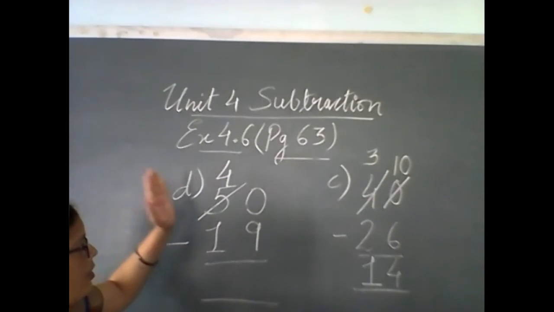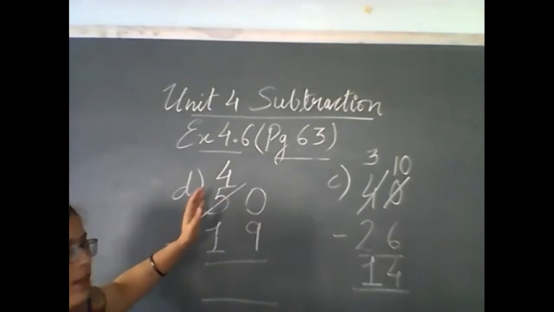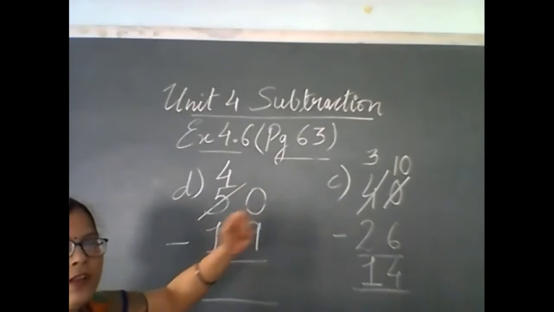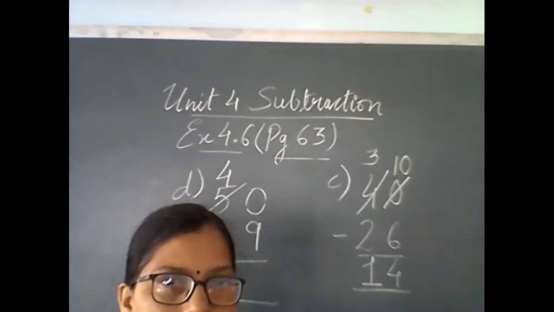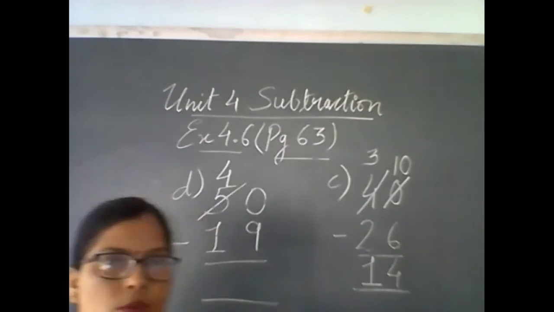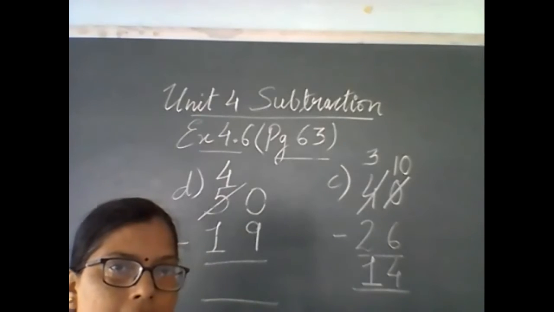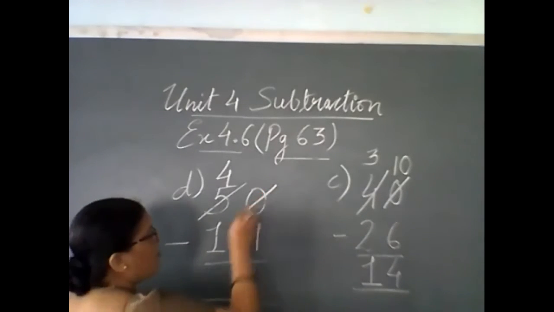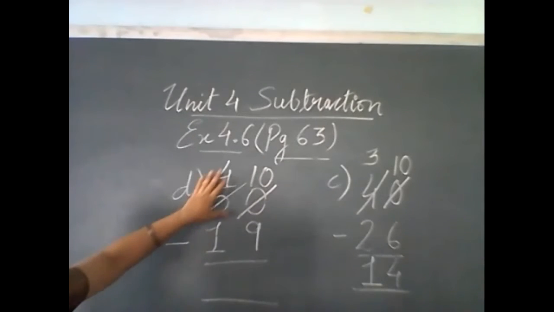Now, when we have borrowed 1 from 5, so 5 becomes 4. Now, when this 1 goes to 1's place, what will be the change? What will 0 become? Very good, Kaustubh. Aradhya Saurabh, what will be the change when we pass the borrowing to 1's place? Yes, very good. So the 0 becomes 10. You all are understanding. Very nice. Now we'll subtract.